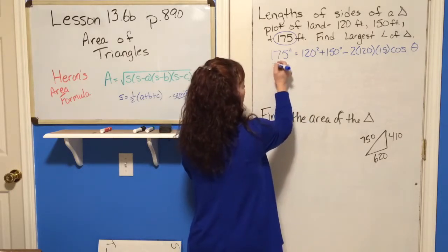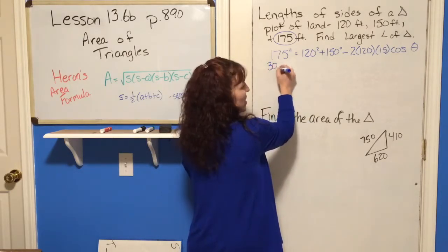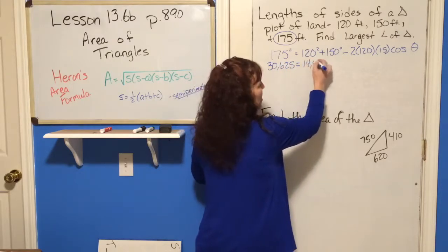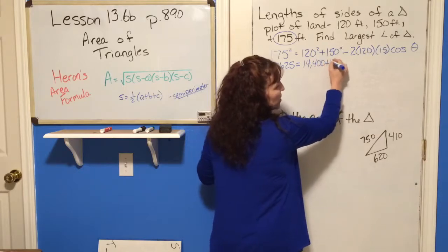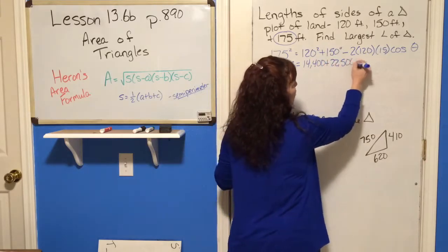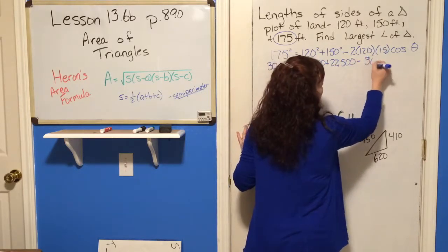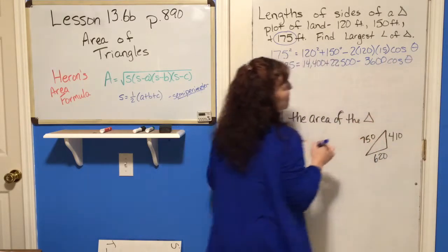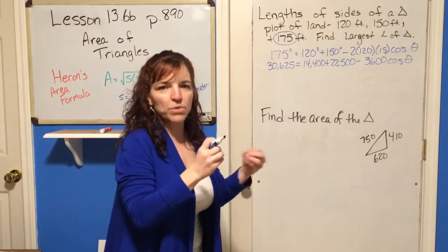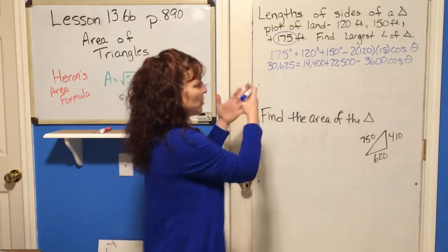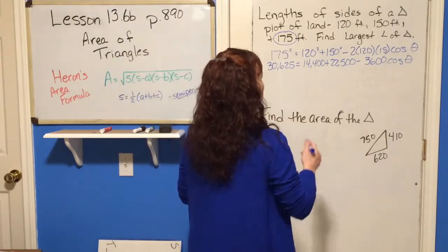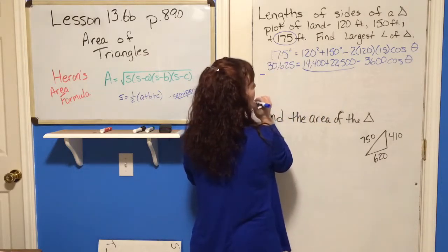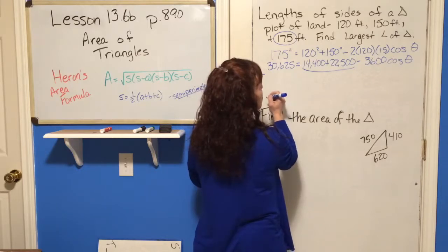All right, so I've done some of the computation. If you put this in your calculator and square it, you get 30,625 equals 14,400 plus 22,500 minus 3,600 cosine theta. A lot of this is cumbersome because you're dealing with your calculator, but actually the steps are really quick and easy. So you would add those two together and subtract here,